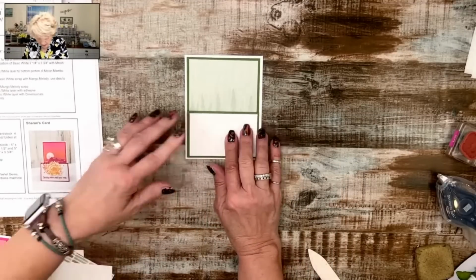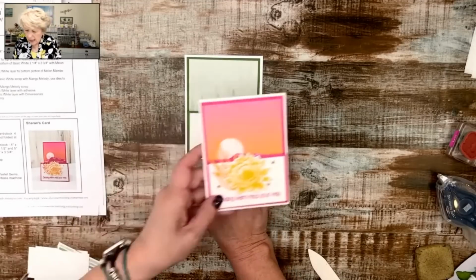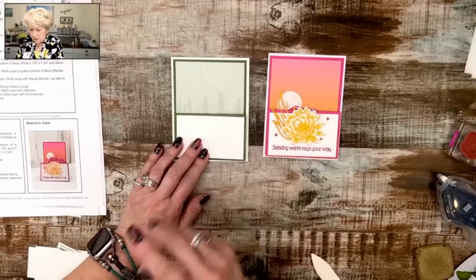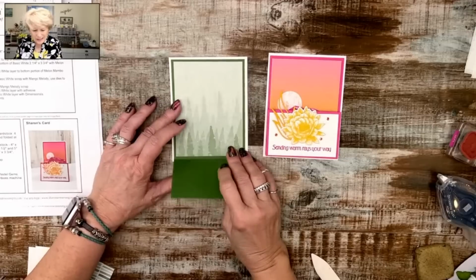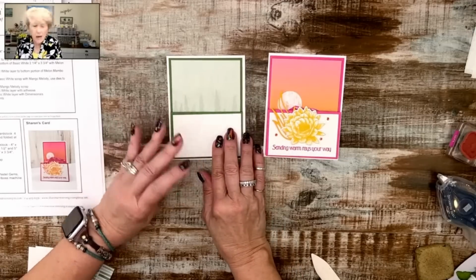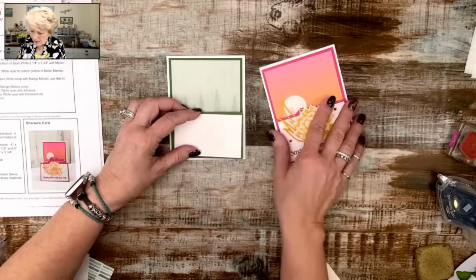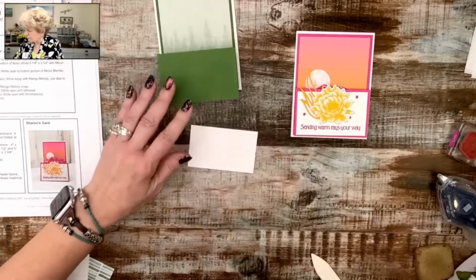Now I've played back and forth with this because let's bring in our first card. This one I had a flower. I don't want a green flower. What color flower? And I've got trees. I don't think I want trees. I don't want any of them. Okay? I don't want the flower. Okay? So what I decided to do,